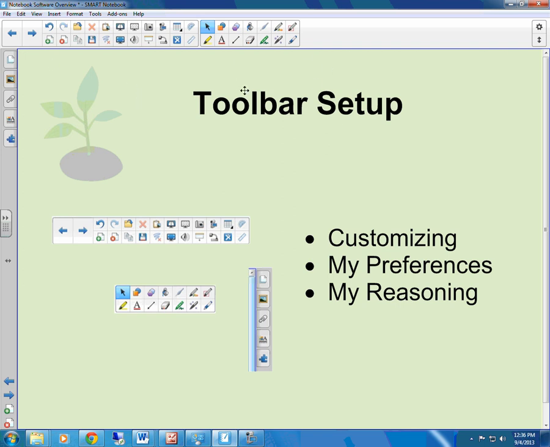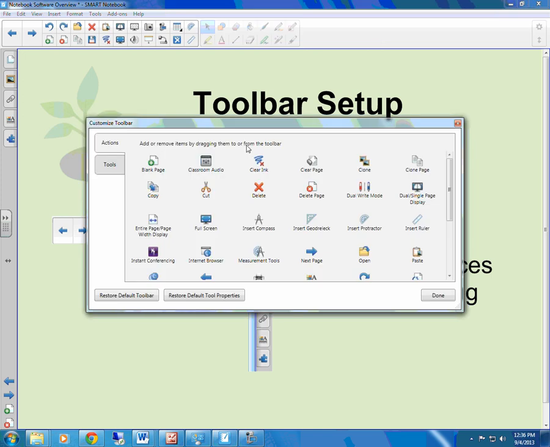If you want to customize, all you have to do is right click in the bar up top, and that brings up the customized toolbar. Then there's two blocks, and you can see when the Actions tab is selected, I've got this block of tools, or actions as they call them, that I can edit. Now I can add more tools, I can take tools away. It depends on what I want. At this point I've got the things that I need or that I want for my classroom